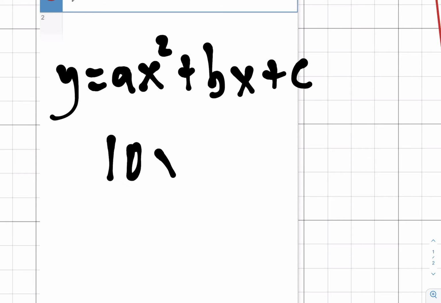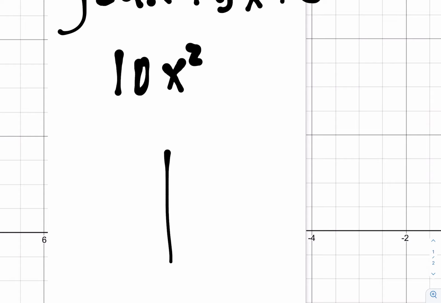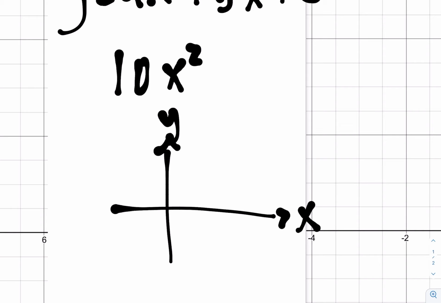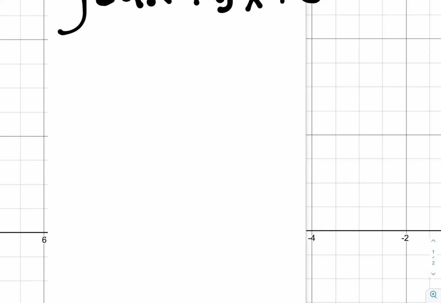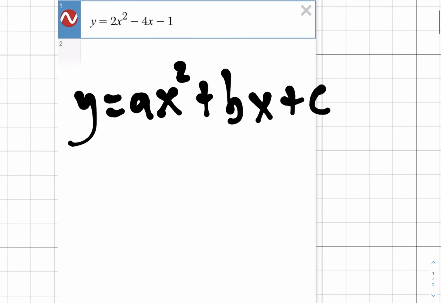Because if this a, let's say it's like 10x squared, and your x is increasing to the right, so let's say this is your x-axis, this is your y, then y is going to increase super quickly, because as x gets bigger and bigger, it's going to be 10 times that bigger number squared, and it's going to go up super quickly. So standard or general form tells you how fast the function is increasing by this a value, and it also